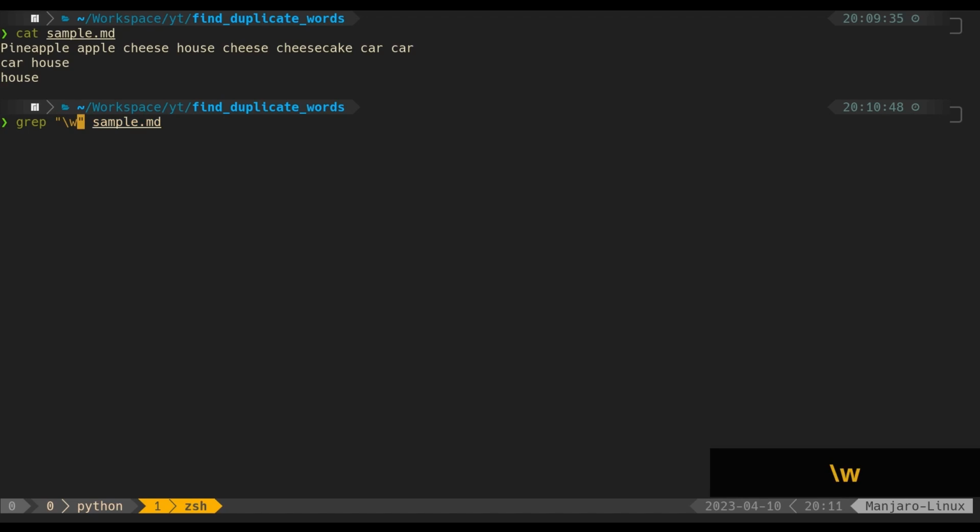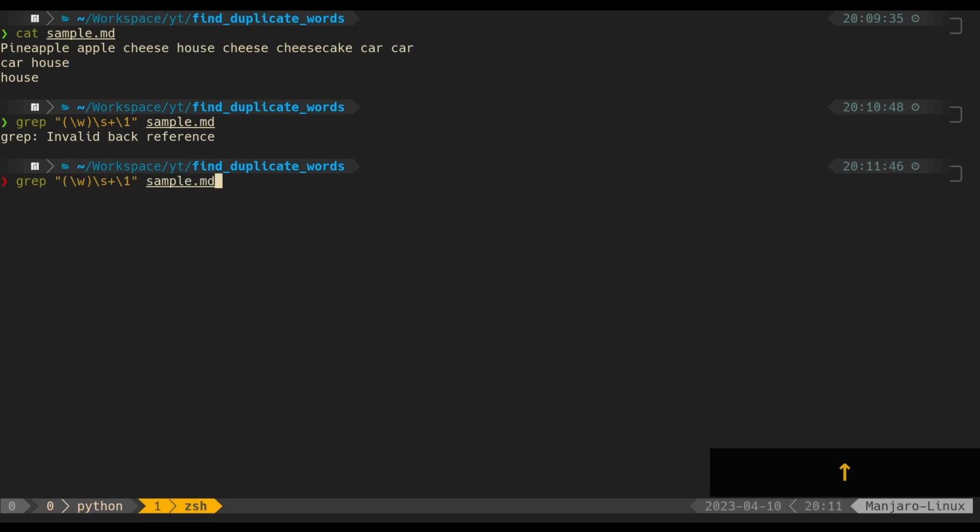First we can use \w to match a word. Then we want to match a space, so it's \s. It could be one or more spaces, so let's add a plus sign, and then we need to find the previous word that we matched, and we can do that with a \1. This is called back reference, and in order for it to work we need to use parentheses to capture a group, and that group we can reference with the \1.